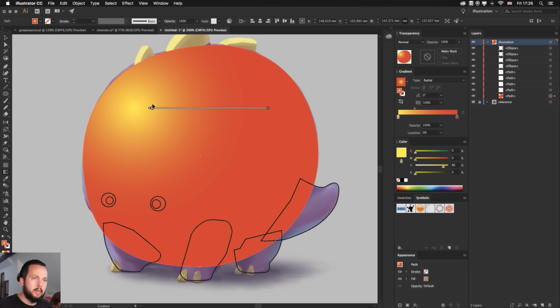I am going to place my light source somewhere around here on the left, and then dragging this other point, you can increase the spread of the light source so it grows a little bit. We have a more even transition on the object. So we would normally call this top point the highlight. Then we call this here the halftone, and at the bottom we would normally have the shadows, which we will create separately. I'm not going to use the gradient for that. I will use a separate technique.